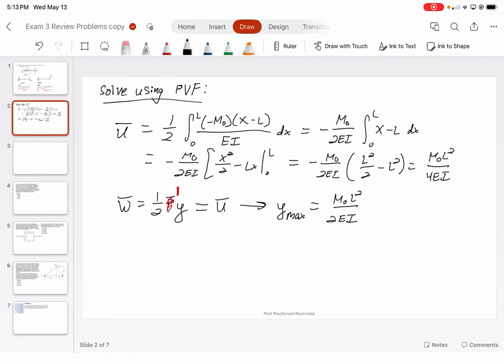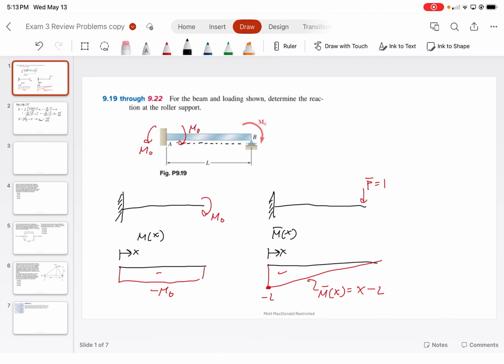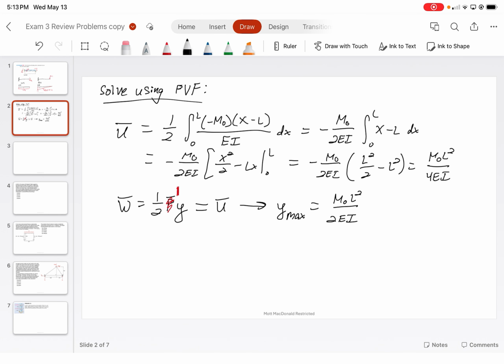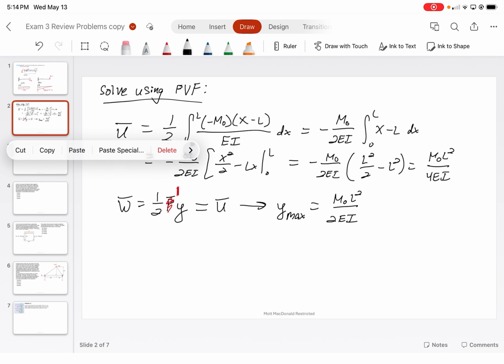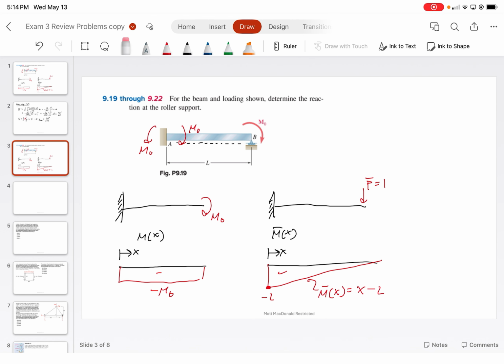Where do we go from here? I can go back to just the reaction force. Exactly. So back to the reaction force. Let's go back to the reaction force now. So I'm going to copy this and just paste it in here. And now we have our reaction force,